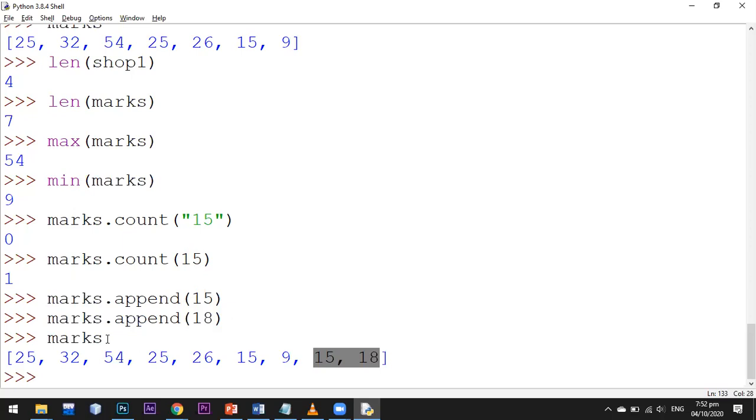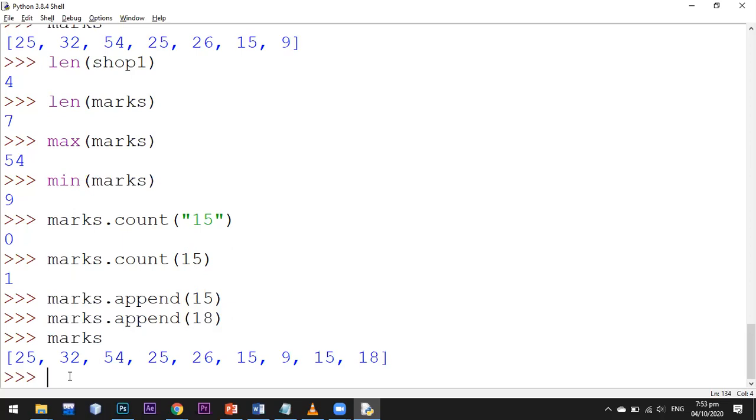Okay, so let's move to another type of array. The first type of array was list. Another type is dictionary. What is a dictionary? A dictionary is similar to list arrays, but in list arrays it assigns the index number, the position, by itself, like first number is at 0 position, next number is at 1 position, then 2 position, and third position. What if I want to assign the position with my own choice? I want to say first position is 7, second position is 11, third position is 25. In that way we use dictionaries.